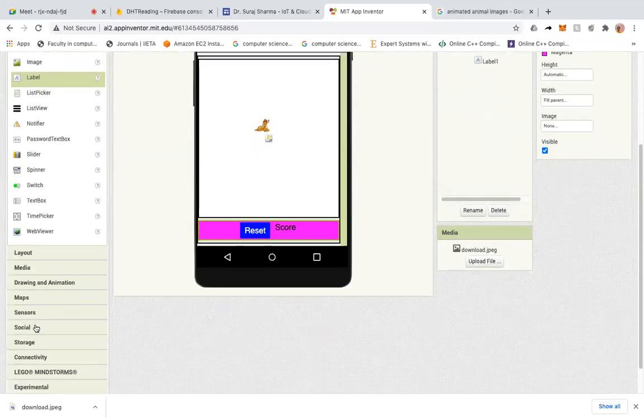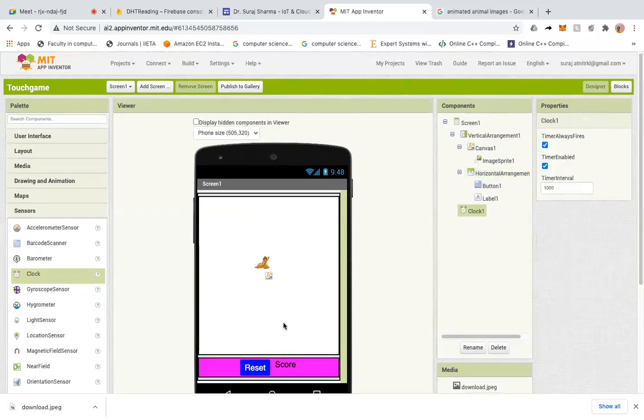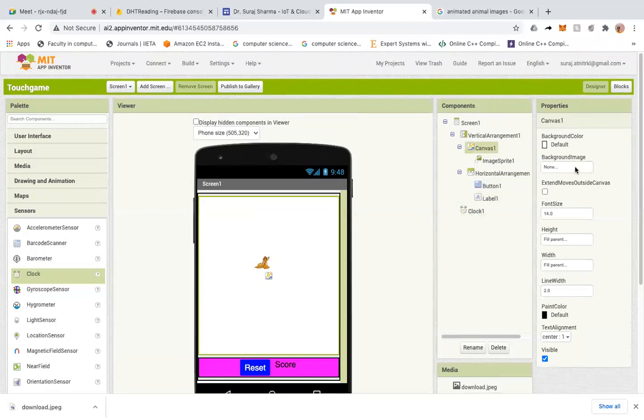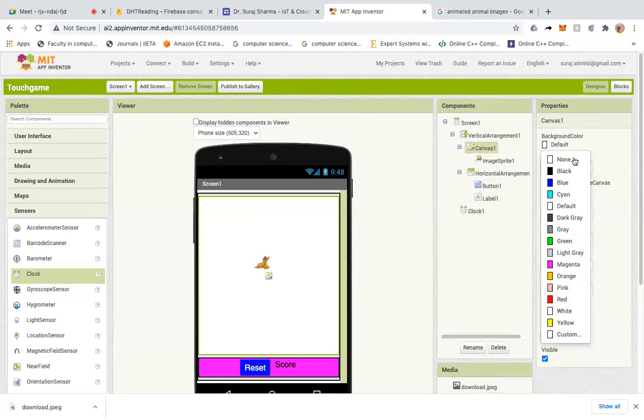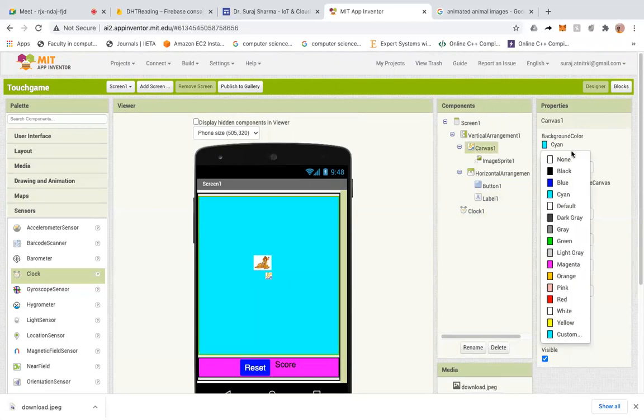So I'll take the sensor and I'll use the clock, and I'll make the timer 500 millisecond. Okay, so these are all the components that I'll use here. Now this canvas color, you can change it to a different color so that it will be visible.